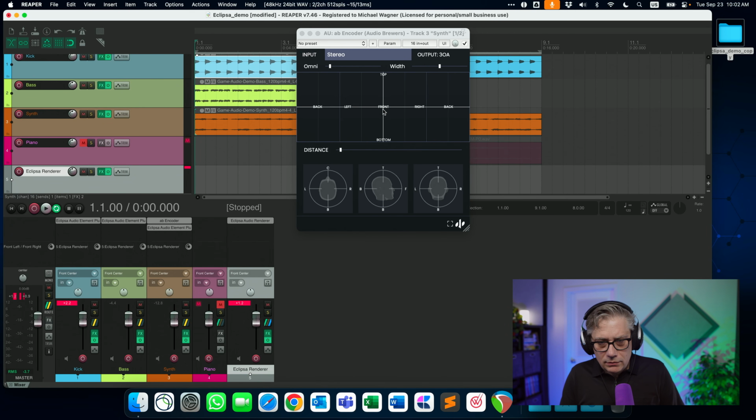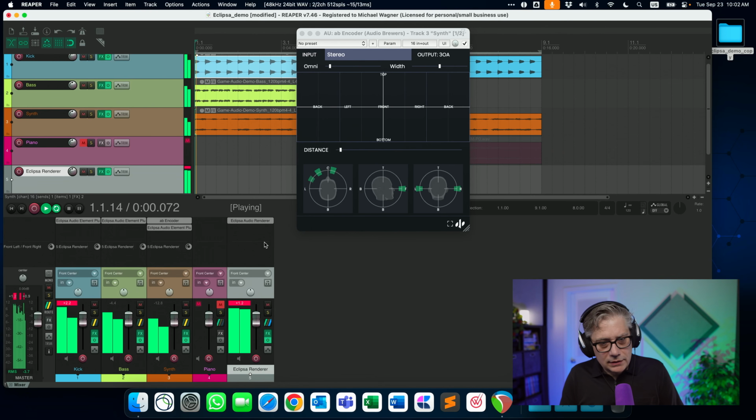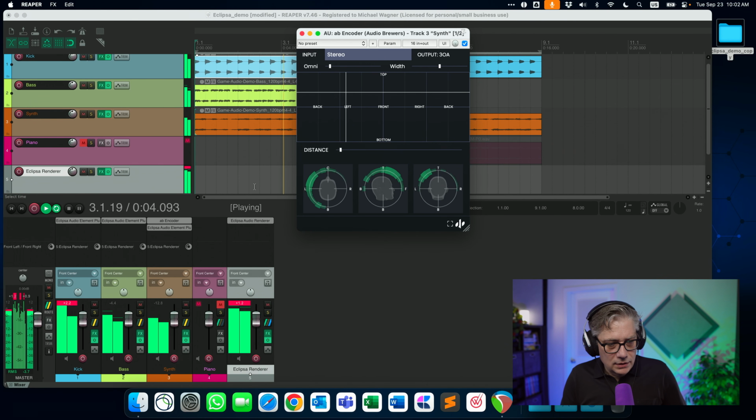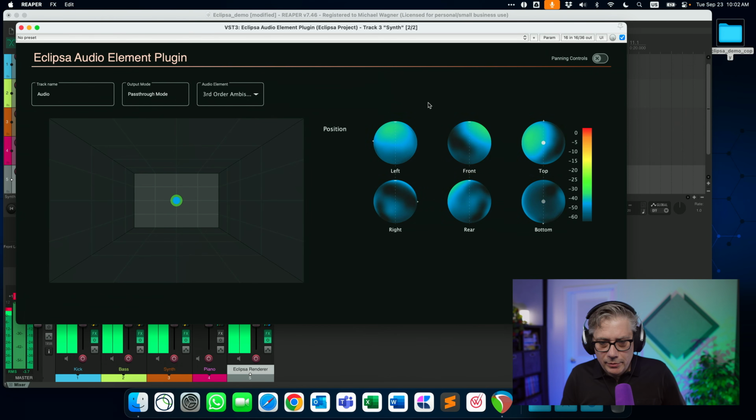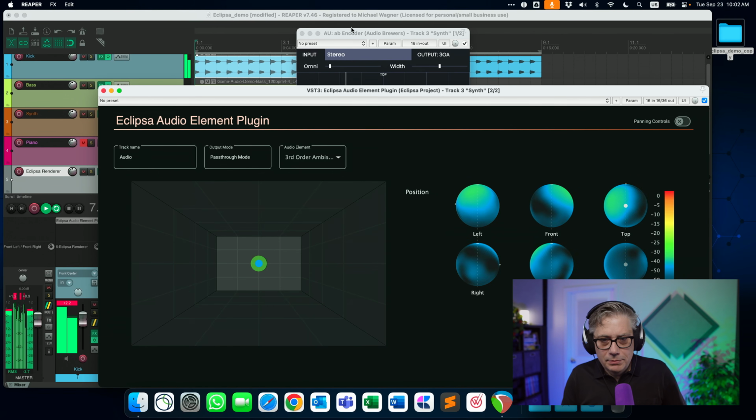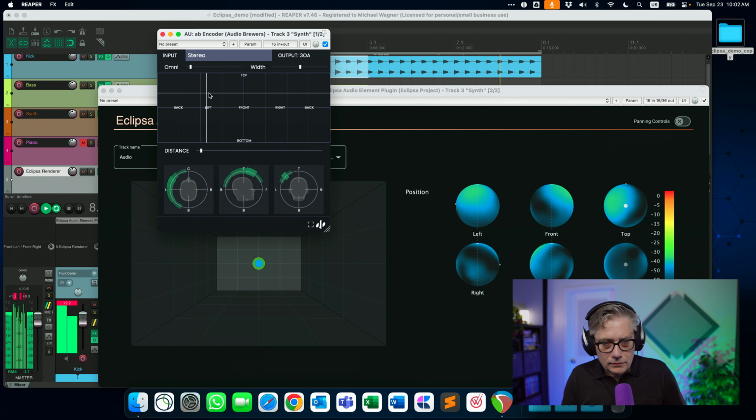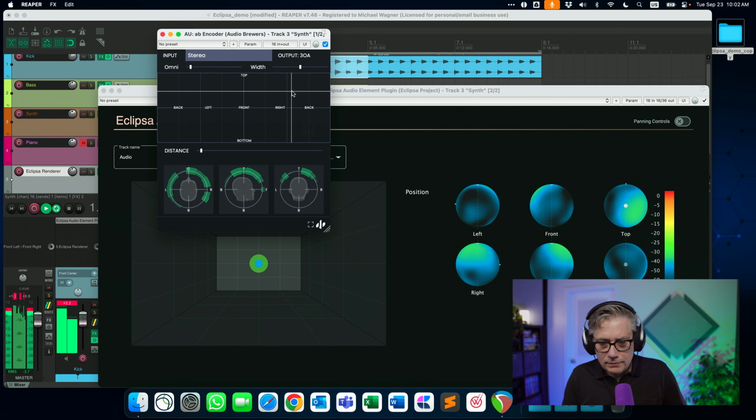And then let's just play and let's see. And I can move that around. And if I now look into the Eclipse Audio Element plugin, I still have the visualization here, but I don't have the panning controls. The panning controls are now in the AB encoder. So if I move that around, I see the energy coming from a different location.